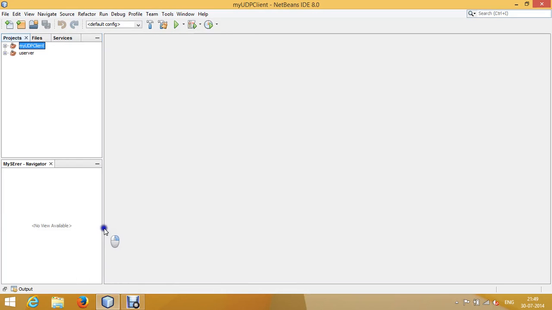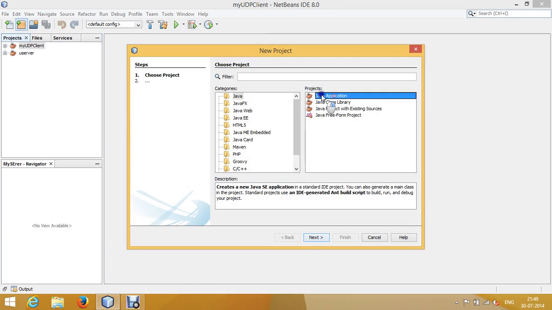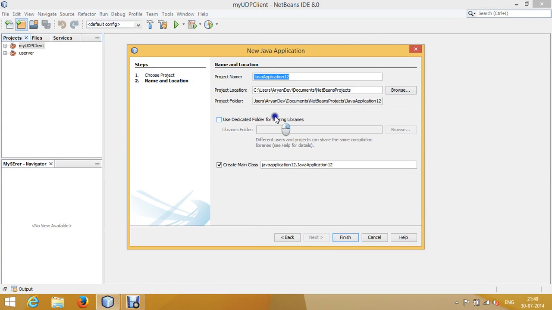Today we are going to implement a TCP IP server. Let's see how to create a server in Java. Create a new project, click on Java application, give the name my server,